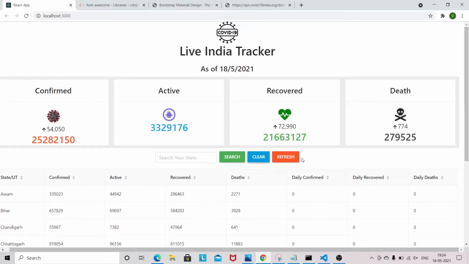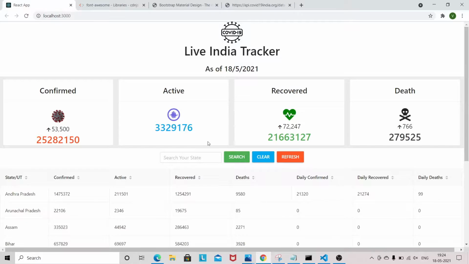And here we have a refresh option. Once you refresh, you can see the count is getting updated whenever you refresh. So this basically displays all the data related to COVID cases in India.